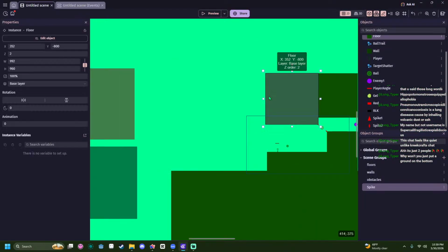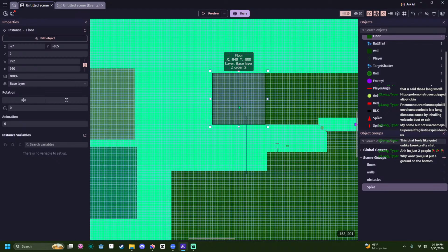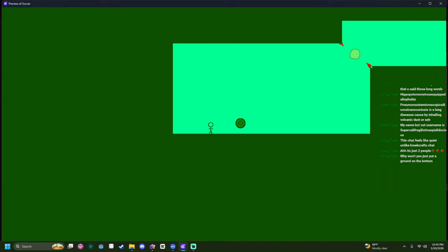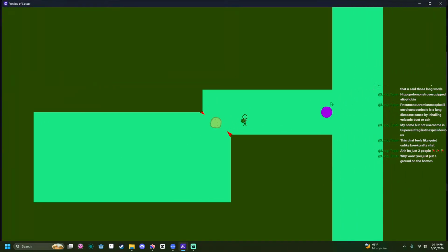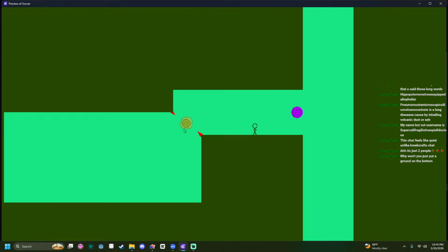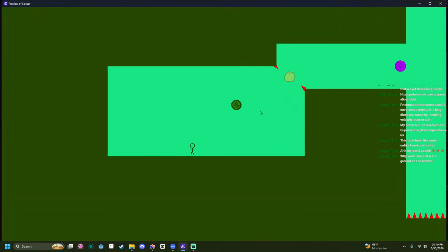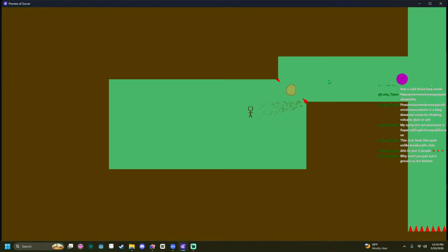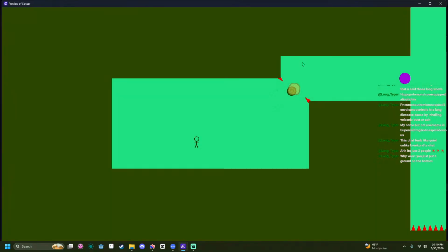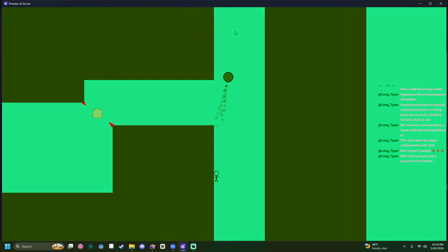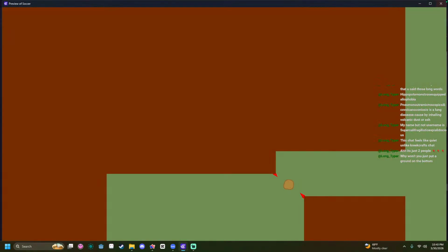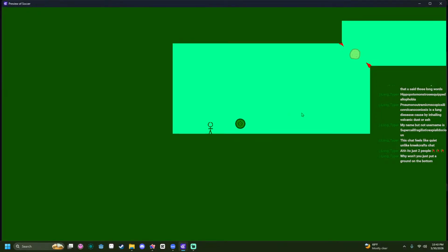So since we're not using these anymore, there we go. What the heck? How do we throw it twice there? If we spam click, it does that. That's not how it's supposed to work. Why are we sliding to the left? We're just sliding to the left infinitely and I can't stop it. Why?